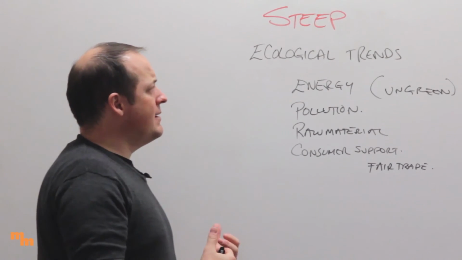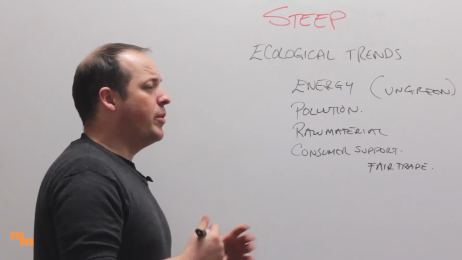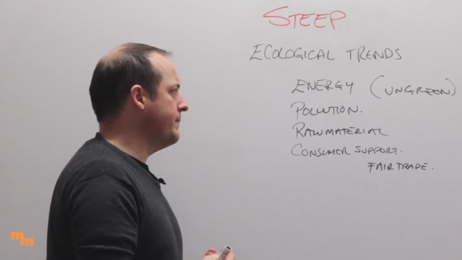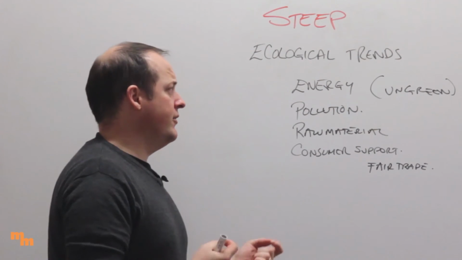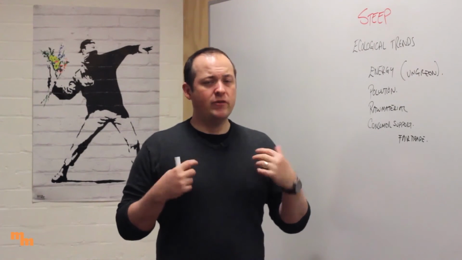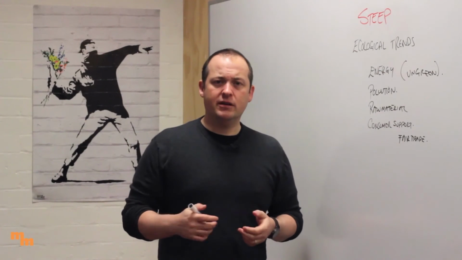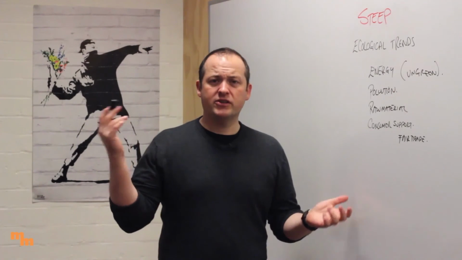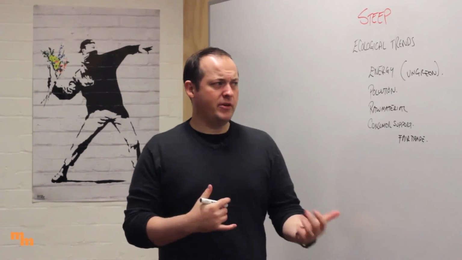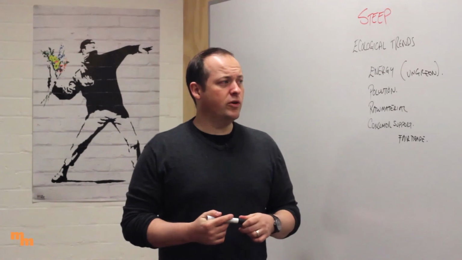Okay, so when you're looking at the overall trends, start to look at your energy use or your proposed energy use. Start looking at how you can offset that, or how you can reduce it. It's going to save you money. It's going to reduce your impact. That's going to create goodwill from your consumers. Have a think about the pollution that you're creating. Not just the obvious stuff of how much you're flushing away or how much you're burning as far as smoke, but also think about what happens to your water supply, how much rubbish is coming out, because all that ends up in landfill or gets burnt off, which is even worse.